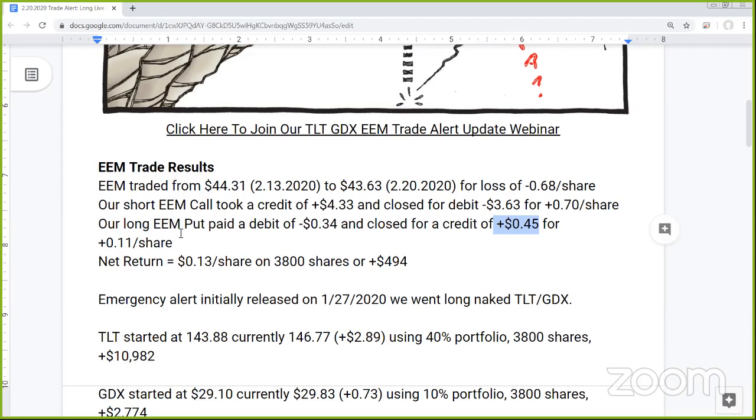So net, we're up 13 cents a share. Big whoop, basically flat, 494 profit in our portfolio. But it does look like things are starting to crack, which means we have some opportunity here. Now, if you remember on